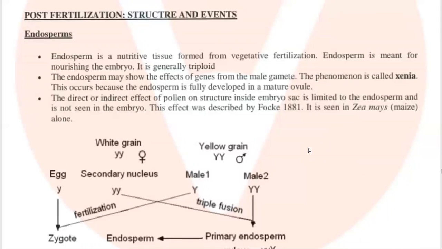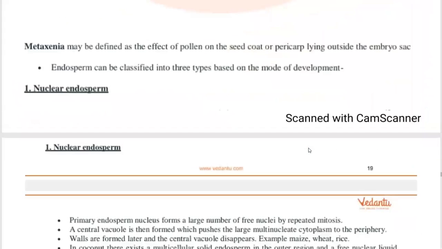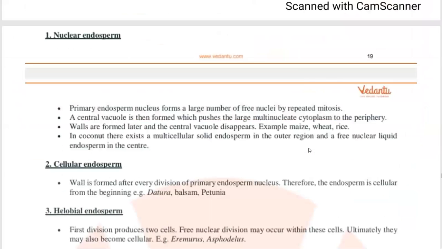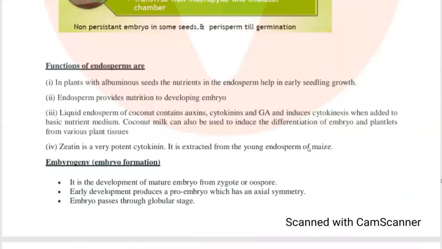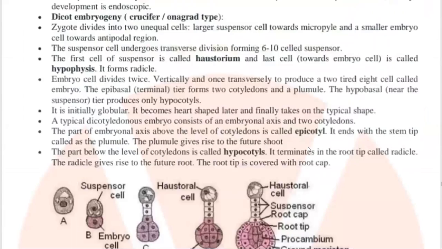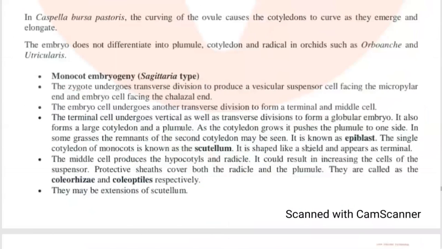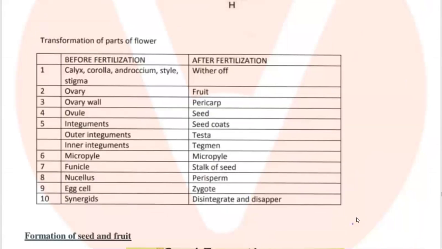Now post-fertilization structures and their events. The first event is formation of endosperm. So basic knowledge is given. Then endosperm type is given. Functions of endosperm are given. Embryogeny is given in monocot and dicot. And so these are some structures that we have to learn and see, which are similar. Because if I say